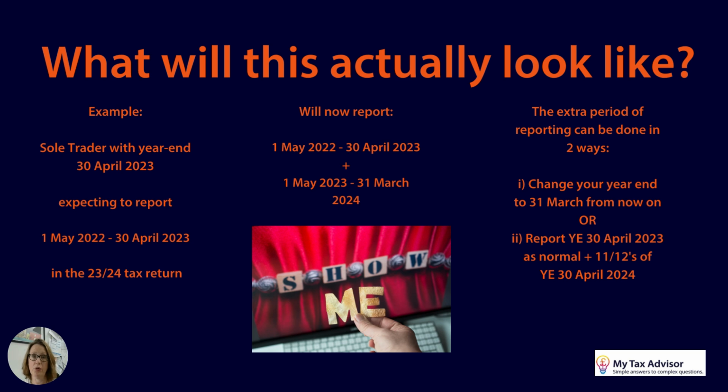Let's say it's the 30th of April, and you will apportion the relevant months from each accounting year into your tax return. So in the case of the 23-24 tax return, you'll have your standard year, and then 11 out of the 12 months for your year end that goes to the 30th of April 2024 will also be brought in as transitional profits into your 23-24 tax return. So that year that ends on the 30th of April 24 will have 11/12 of the year applied to the 23-24 tax return. And that's the case for a 30th of April year, or for example, if you've got a 30th of June year, it would be 9/12 of that year, because that's taking you up to the 31st of March 2024, that will be brought into the 23-24 tax return.